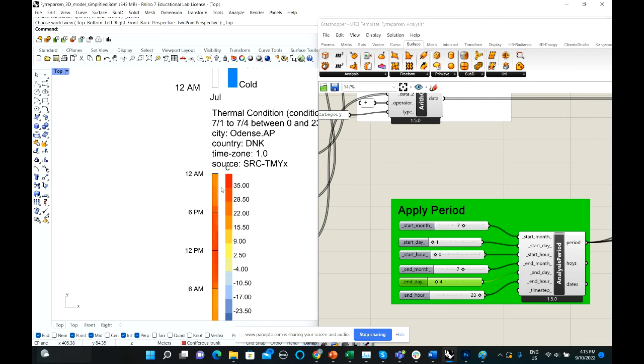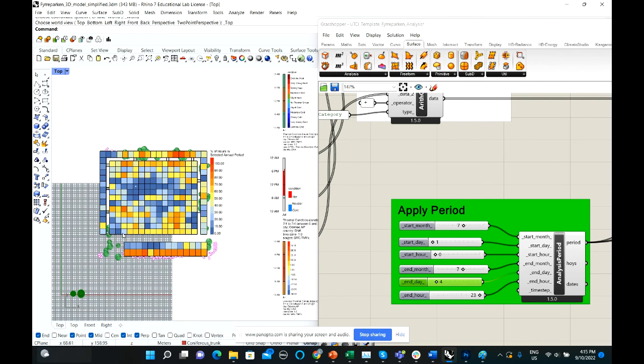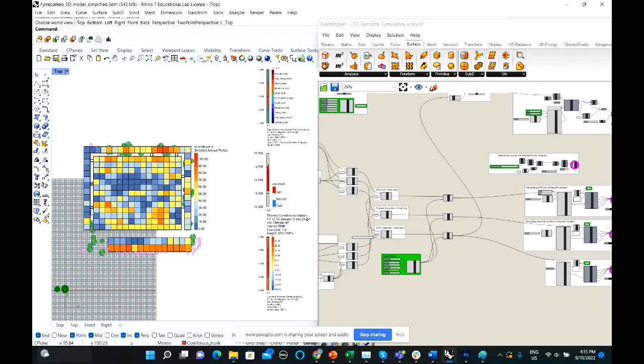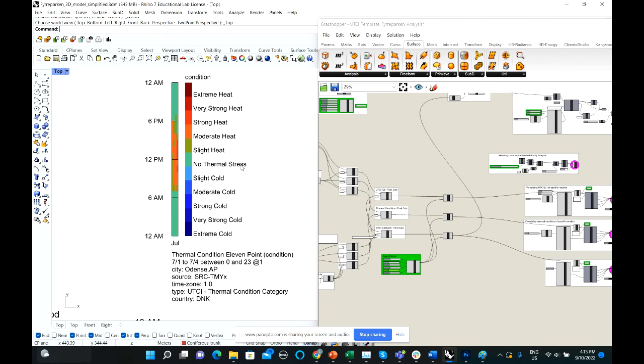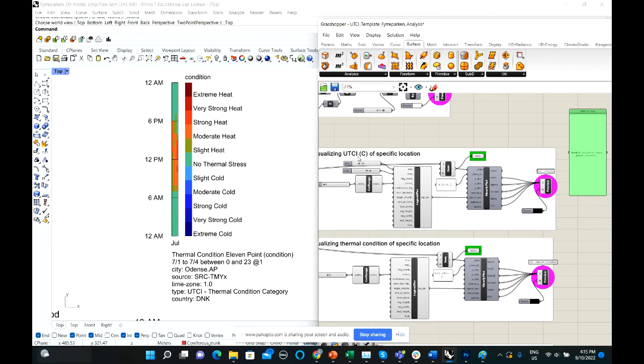Okay, now I'm just looking at those specific days. Here everything becomes a little bit weird because I'm just looking at the percentage of hours, but this graph now is meaningless, because it really requires the entire year. When you do this, just make sure that you're looking at the hourly conditions. When you have the hourly conditions, it might be useful to copy the data, for example, of